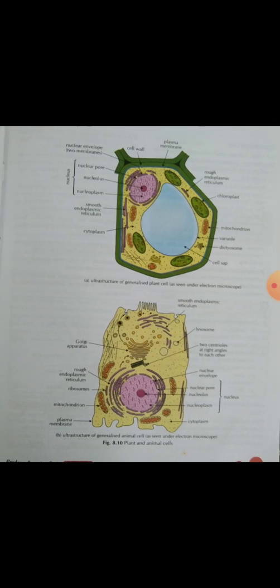This is the diagram you all have seen in your book also, and in this diagram you will study only, in today's class, the nucleus, cell membrane and cytoplasm. The other organelles we will discuss in the next class, because all the organelles are important for you to know. It will be beneficial for you in your next class also. So ma'am will explain all these topics gradually.